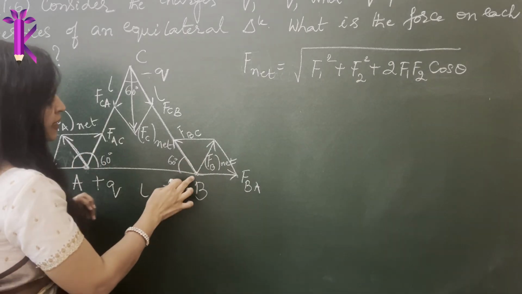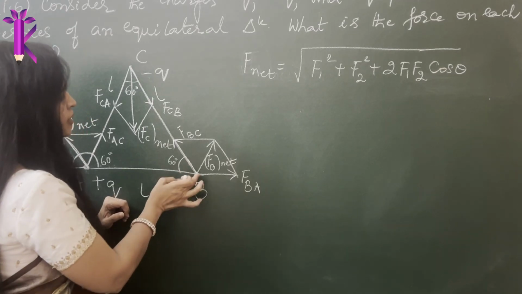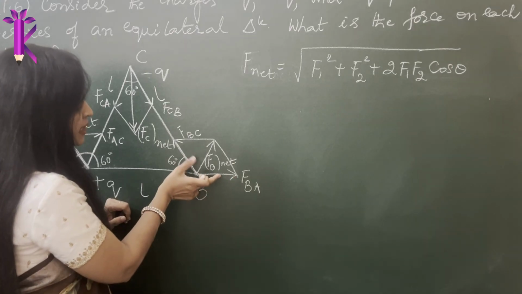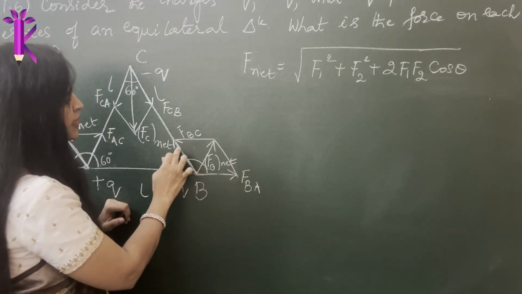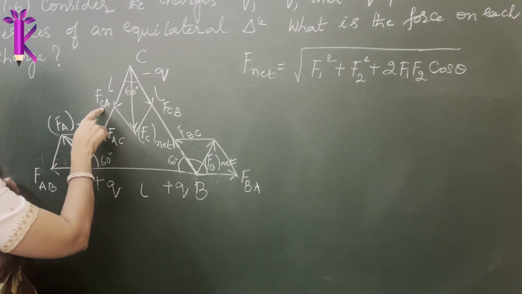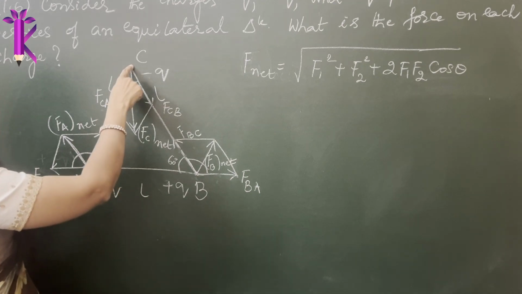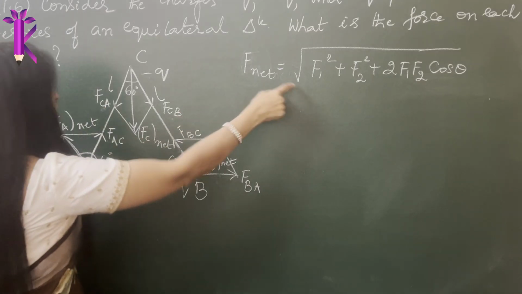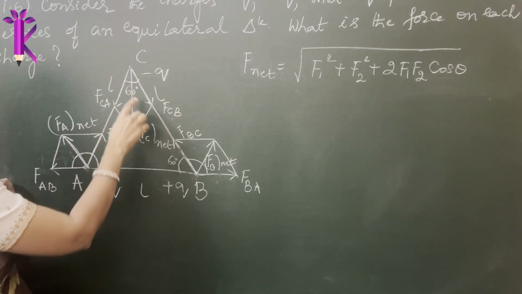Similarly here, if I have to find the force experienced by B, what will be F1 and F2? The force experienced due to C, the force experienced due to A. So this becomes your F1 and F2, and this becomes your angle theta, which is the angle between the two forces, right? Also in this case, what are the two forces? FCA and FCB, the force experienced due to the charge at point A and the force experienced due to the charge at B. In this case, it will be F1 and F2. And what is the angle between the forces? The angle between the forces is 60 degrees.